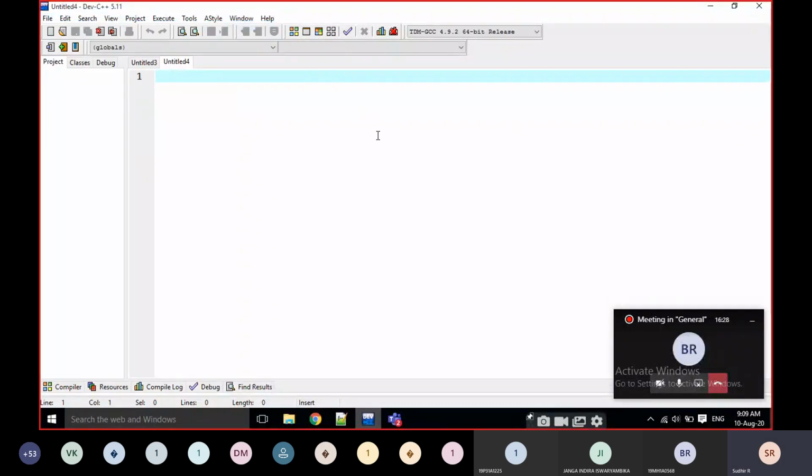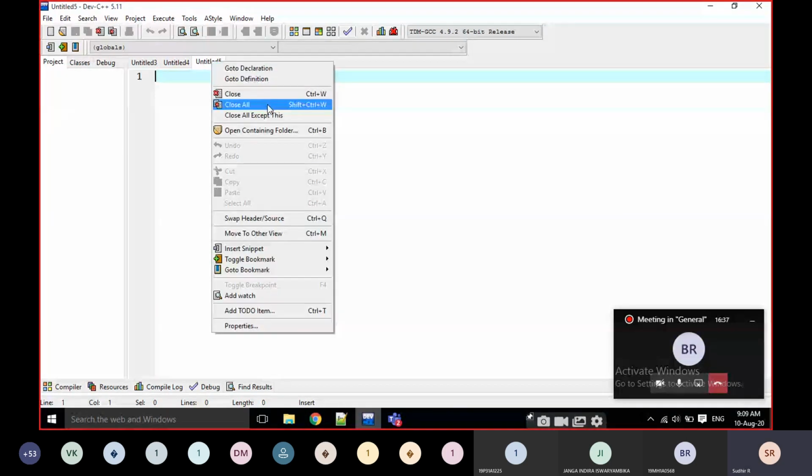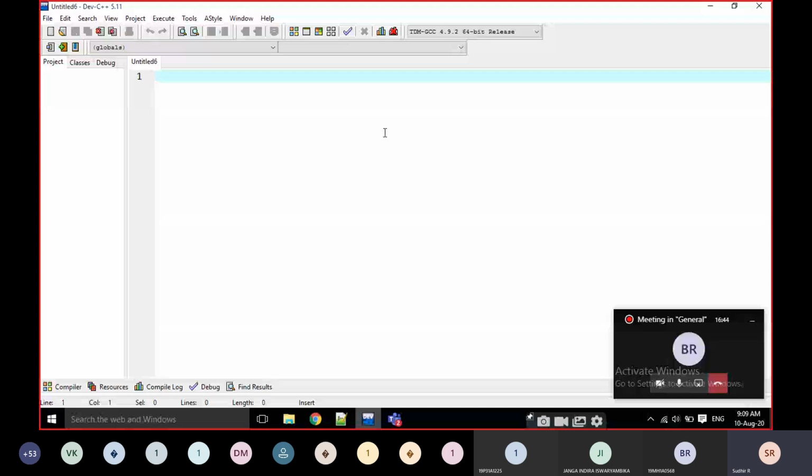Control N is for a new file. It will create one new file.